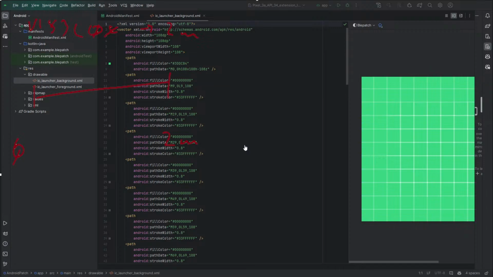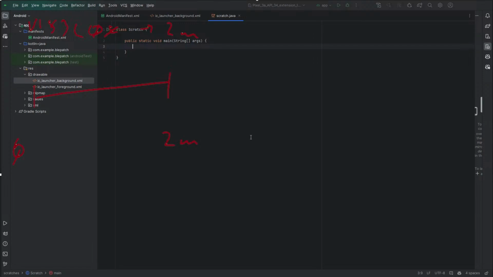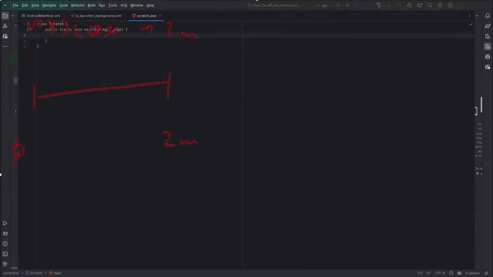Can I just create an empty Java file? And then let's move this away. And let's see if I can move this a little bit like this, maybe. Anyway,